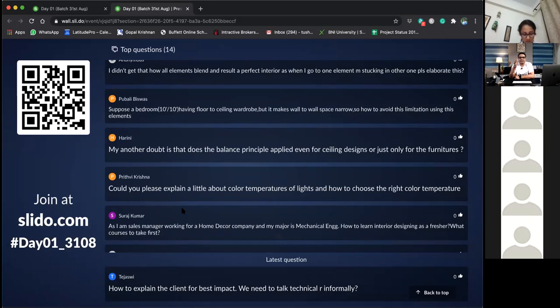Generally, the jewelry showrooms that you see use a yellow light, which ranges from 2800 to 3000 or 3500 Kelvin. I would suggest that in residences you go ahead and use something called daylight. Now, the term daylight causes a lot of confusion. Some people call 6000 or 6500 white light daylight. Some people call 4500 or 4000 Kelvin daylight, right? So I always say go for the temperature number. In the residences in my projects, I use 4500 Kelvin, which is not yellow, not white. It makes the room look nice and warm. Okay, thank you, Prithvi, for that question.